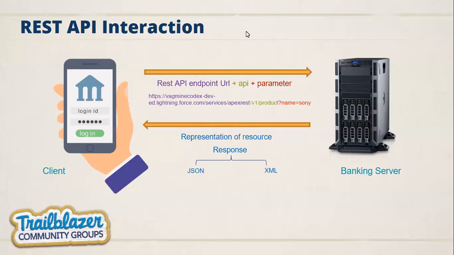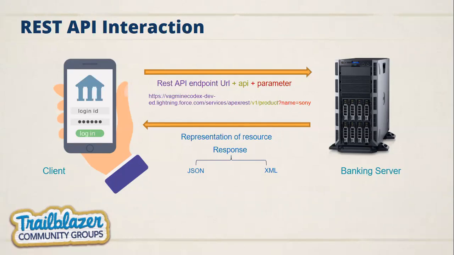So in this screen, you can see I have used my Salesforce org and service endpoint URL. After that, I have put v1/product. So v1/product is basically my product or entity API name. V1 is the versioning. I will tell you why I have put V1 in a later slide. This comes under the best practices that you should follow: the versioning concept in your API.